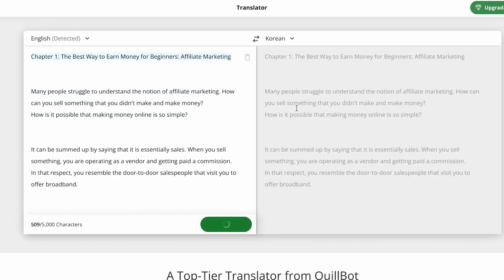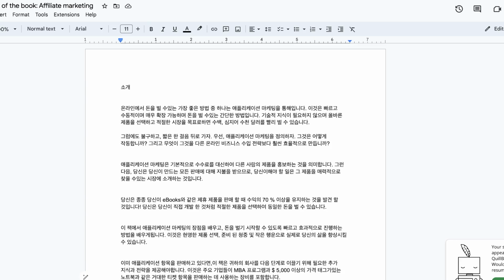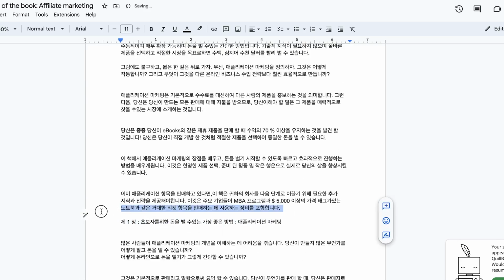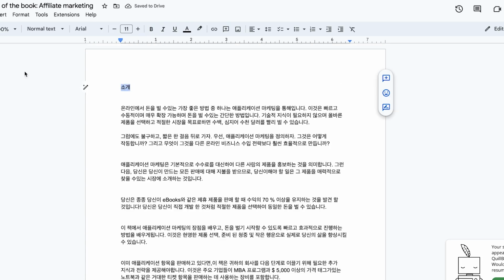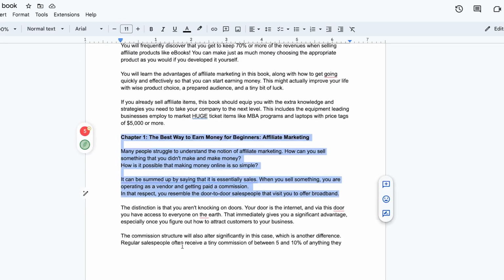So once you hit translate, you can see everything is being translated, but we're going to bold this, so you can just copy back to this, and you can just go ahead and paste. And we know this is chapter 1 and all that. So you can just copy and bold it a little bit, so we know that. And this is the introduction also, we can bold it. Okay, so you can see now the book is coming, or the text is coming as we like it.